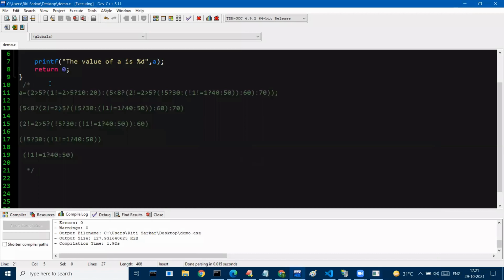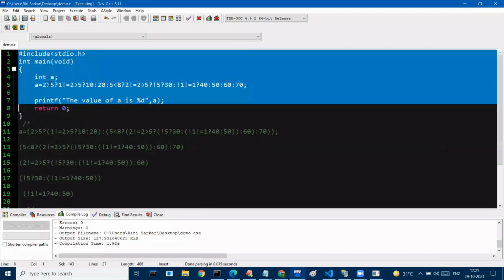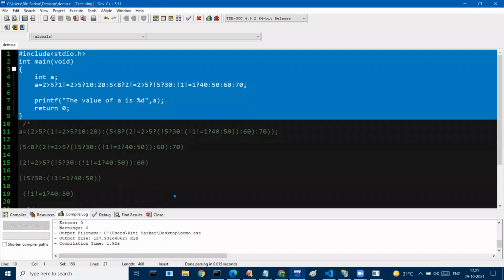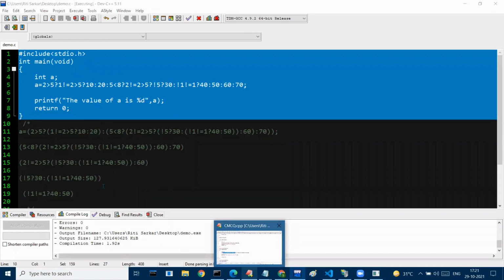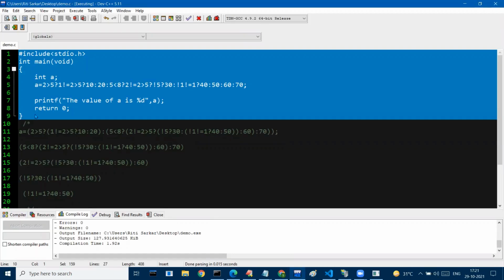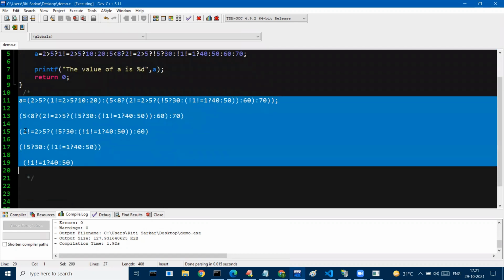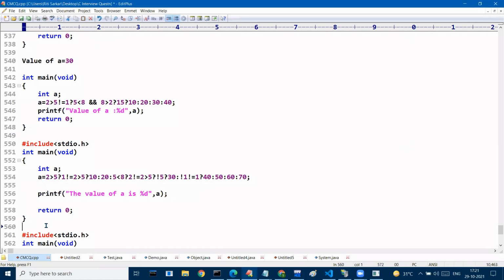Tell me students, do you have any doubt, or did you understand this conditional operator? This big drama here: how it is internally evaluated, how to consider the precedence and associativity for the conditional operator. When more than one conditional operator is present, how will things be considered? Do people have any doubt, guys?